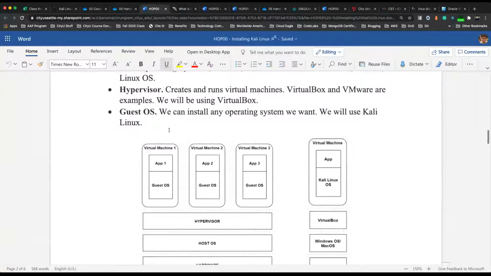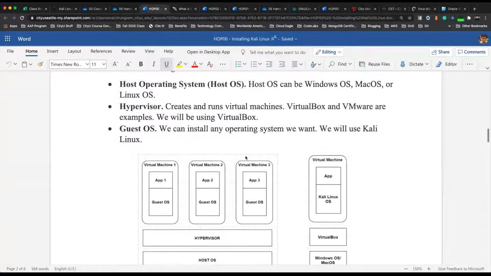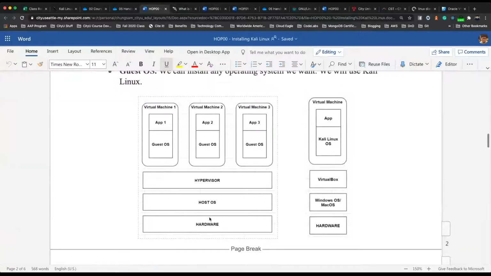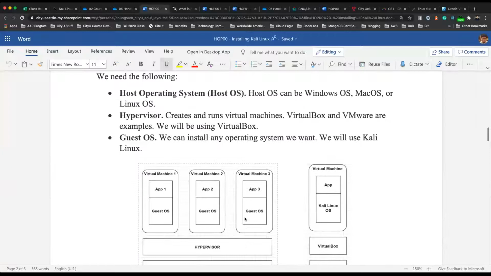So once we have our hypervisor that can run virtual machines, we can have another operating system work on top of our host operating system. Meaning you have the hardware, a host operating system, right? And the hypervisor enables you to run another operating system.